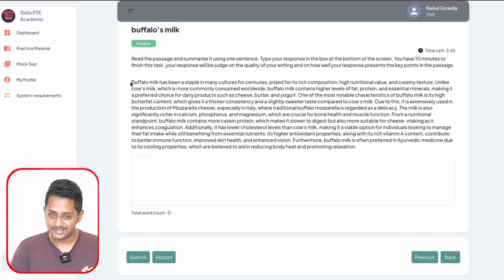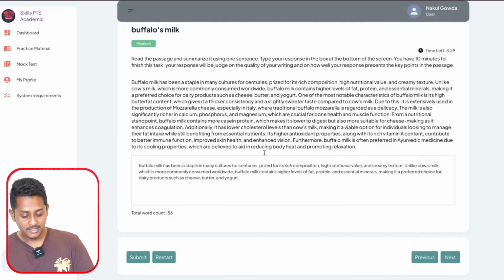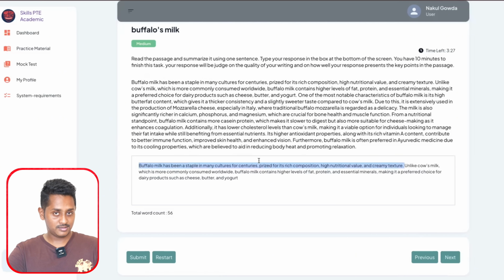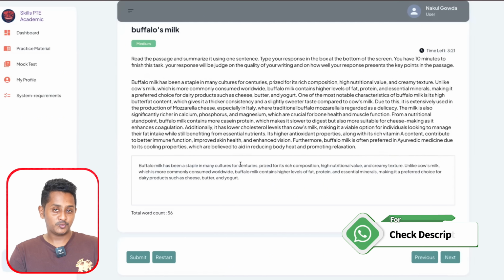The second scenario wherein you get 0 out of 9 is by putting more than one full stop. 0 full stops or more than one full stop also gets you the same 0 out of 9. Let's check that out. I'm going to take 2 sentences here. I'm copying and pasting. I've got 2 full sentences here. There is a first full stop and there is a second full stop. There are no more full stops in between. There are 2 full stops.